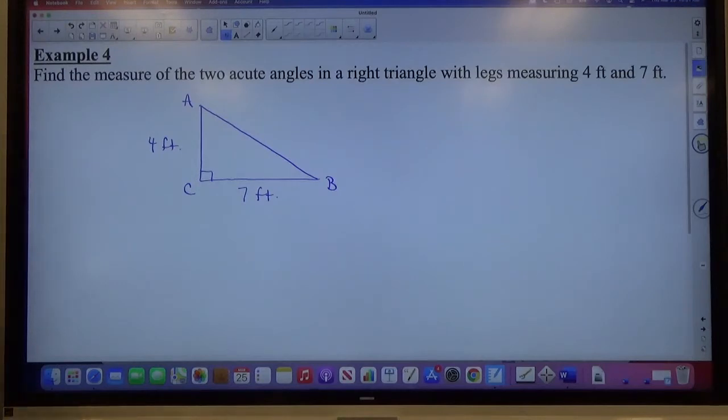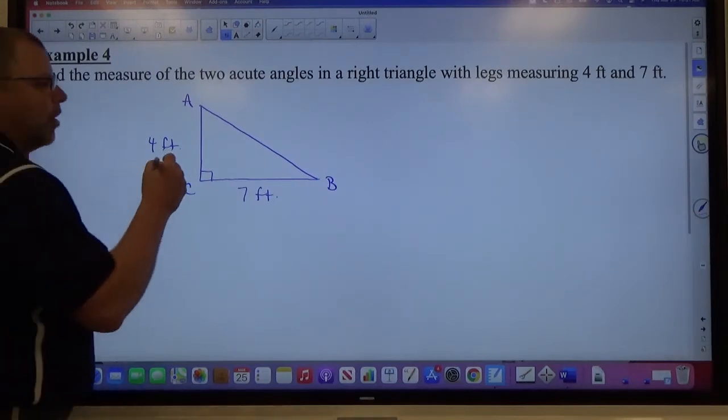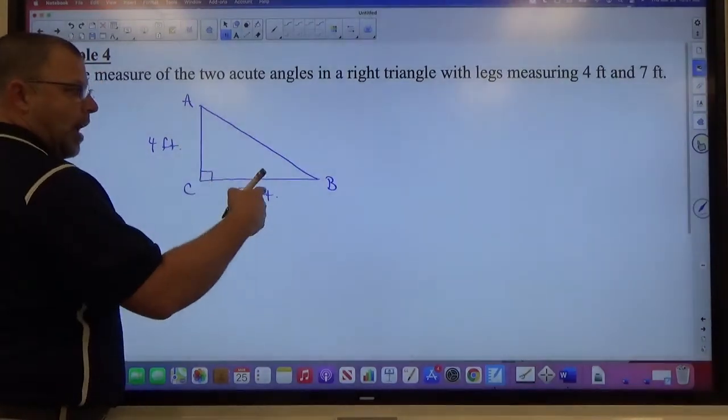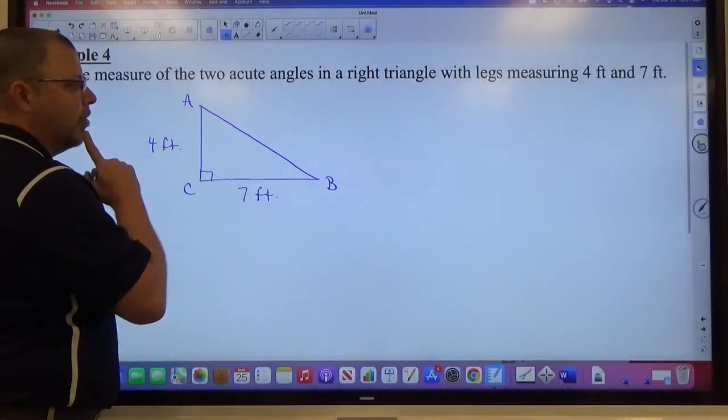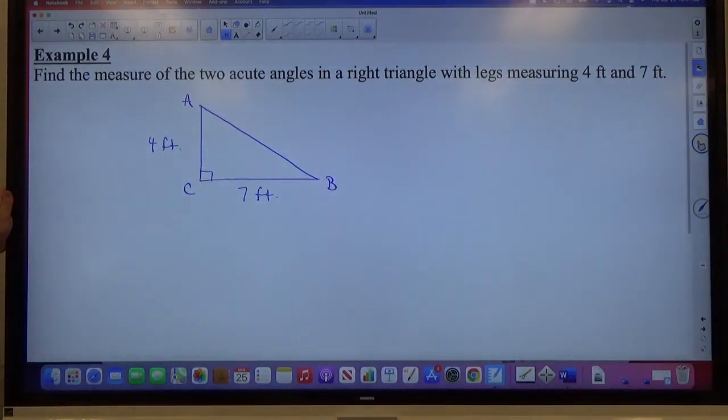All right, so going back to this whole idea of what do you know, what do you want to know, right? When you have an angle known and a side known, that's a really helpful thing to do. When you're doing a problem like this where you know two sides, you don't know any angles, what you want to do is say, I want to find this angle. It doesn't matter which one. You can find A first, you can find B first. Neither one is easier than the other, they're the same difficulty.